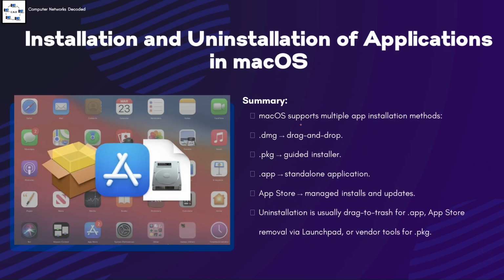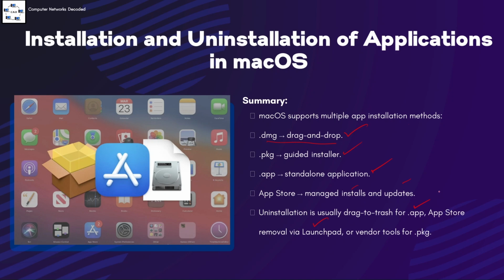So, summary: macOS supports multiple application installation methods. A .dmg is installed through drag and drop. A .pkg or package file is installed through a guided installer. A .app or standalone application launches the macOS installer when clicked. And through the App Store you can manage installation and updates; it automatically installs the application when downloaded. Uninstallation is usually drag and drop to Trash for .app applications, and App Store removal via the Launchpad or vendor